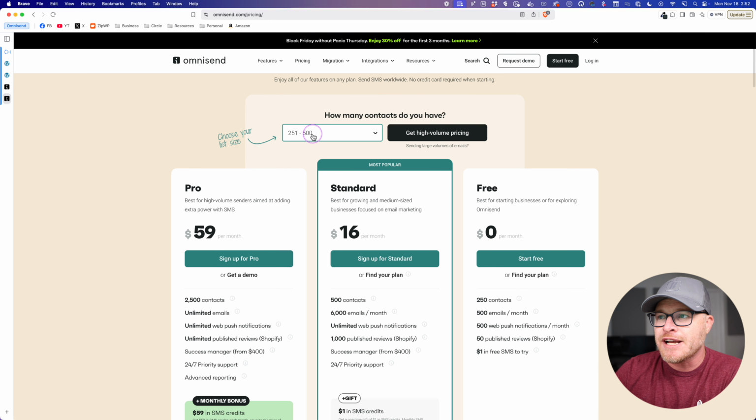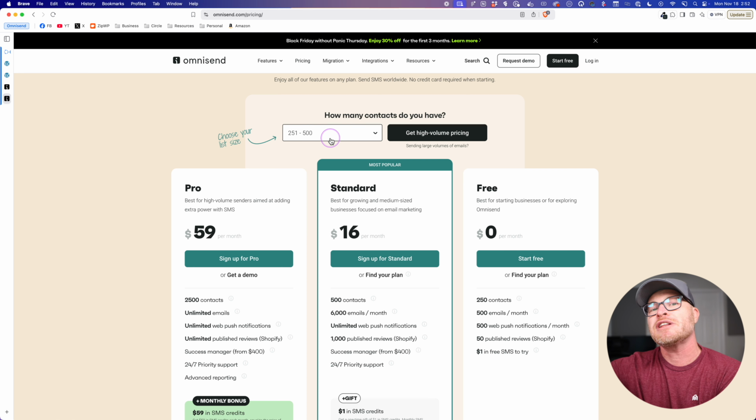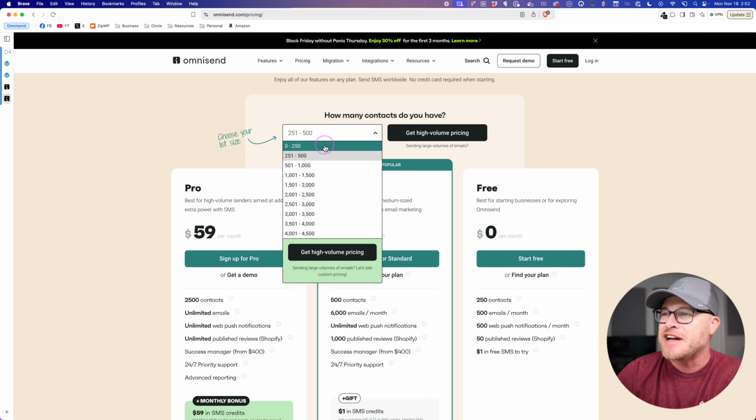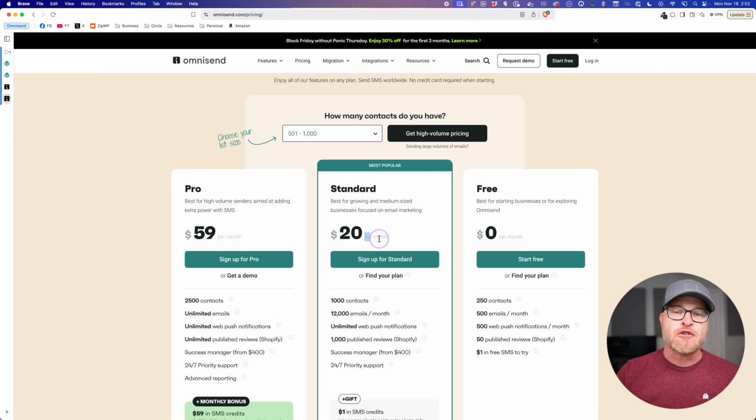I would say, looking at the pricing, okay, so here is kind of a starter level, right? Which is nice that they have an up to $250. A lot of them, it's like up to $500. But I did notice, okay, $16 per month at $250 it doesn't really change. So this is really the up to 500 plan. I honestly don't know what the difference is between those. I don't think that there's a difference between those two tiers right there. It does jump up to 20 at 1,000. Now, how does that compare to other email marketing platforms that I know of? It's right in line with them. Maybe a little bit on the cheaper side here.